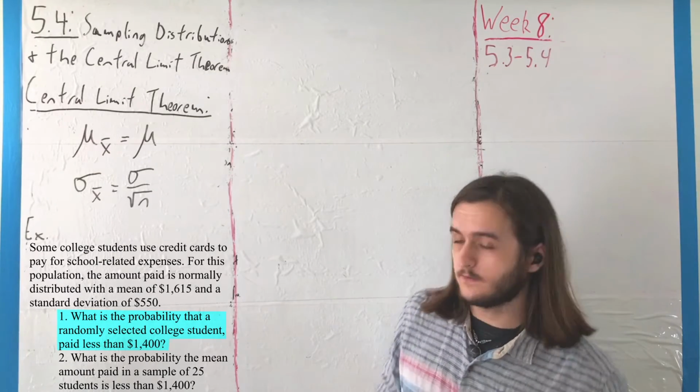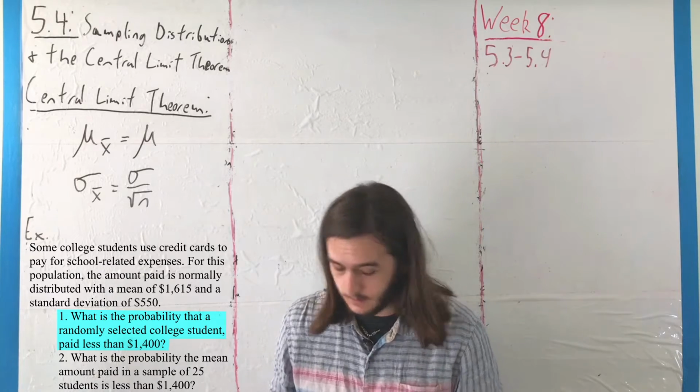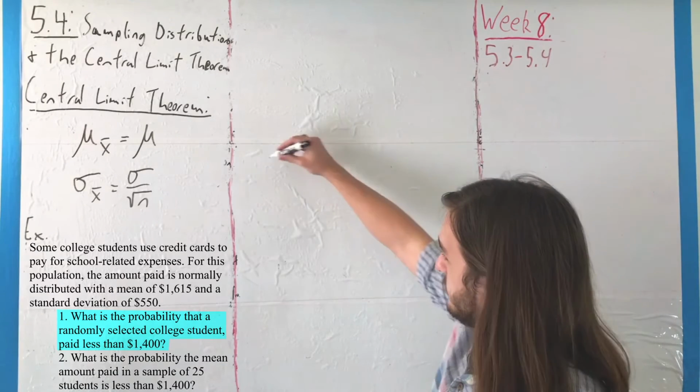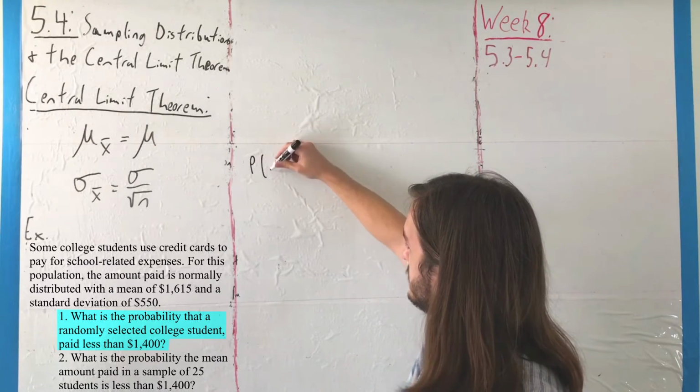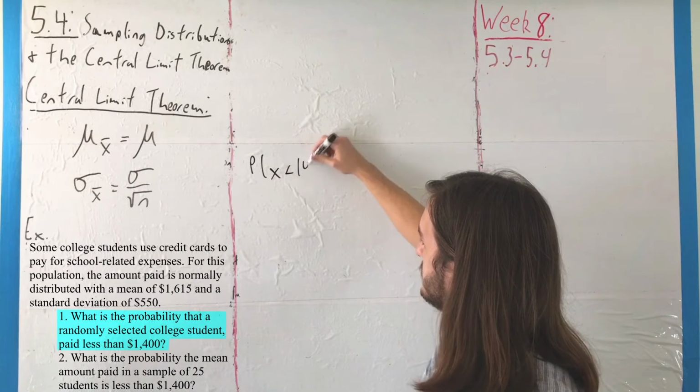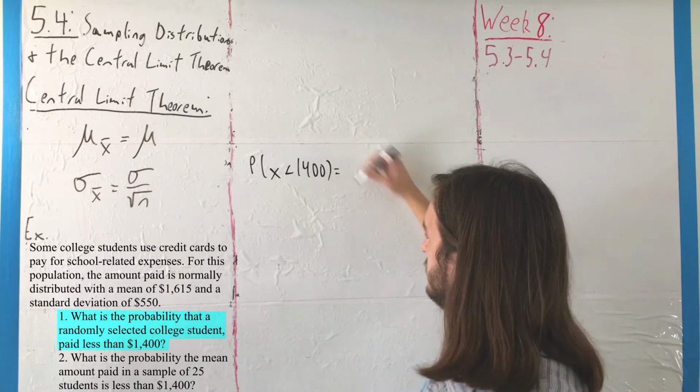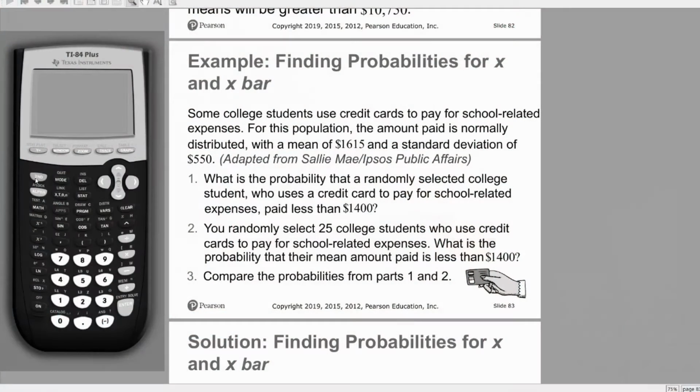It's not anything really different from what we've seen so far. That's just the sort of thing we got in 5.2. If we want to find the probability that a single student paid less than $1,400, that's just a pretty standard normal CDF computation,